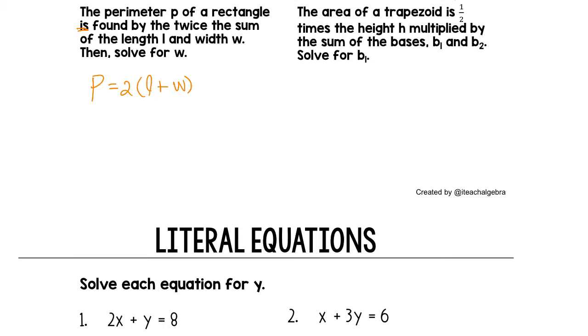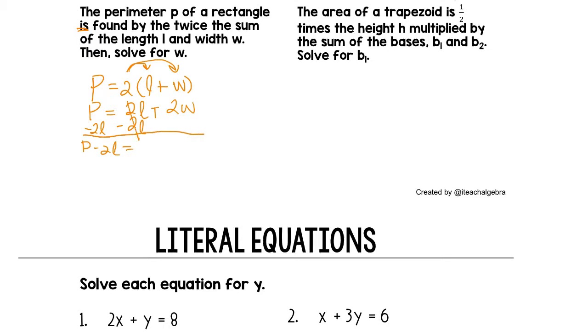Well, first we've got to get rid of this 2. There's 2 things I can do, but the one we're going to do for now is distribute. So we distribute 2, and this goes to P equals 2L plus 2W. Now I want to solve for W, so I need to get rid of this 2L. So I subtract it from each side and get P minus 2L equals